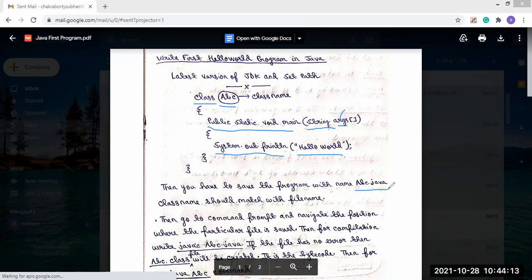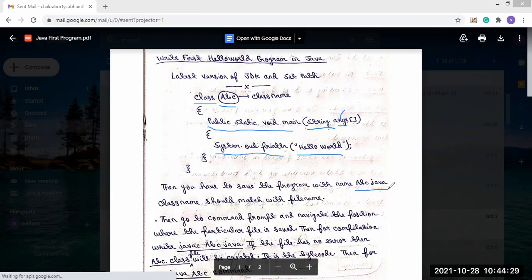The class name and the file name should be the same, that is, class name dot java. That's why it is written that the class name should match the file name.